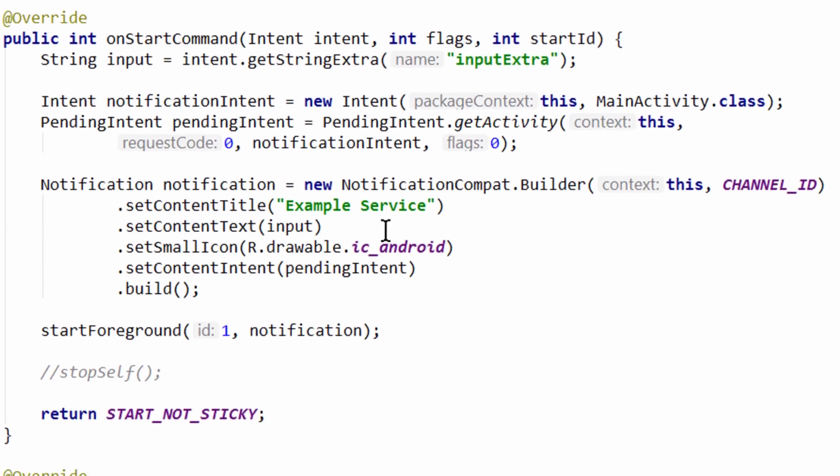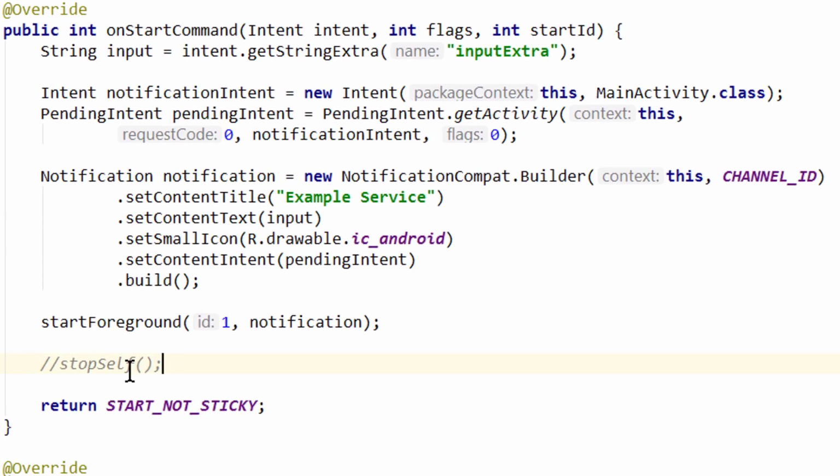It's also important to note that the normal service does not start a background thread by default. So all the work we do in onStartCommand runs on the UI thread by default. Which means that if you do some heavy operations in here without creating a separate worker thread and then start your app, the app will not respond. If you want to know how to create a separate thread, I will put a playlist on that into the info card box in the top right corner as well.